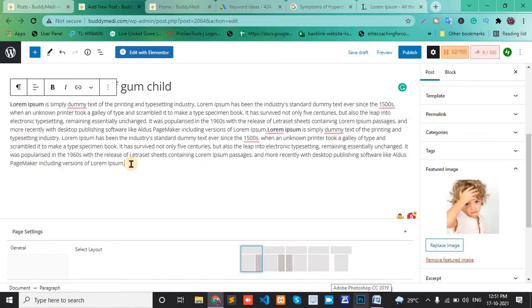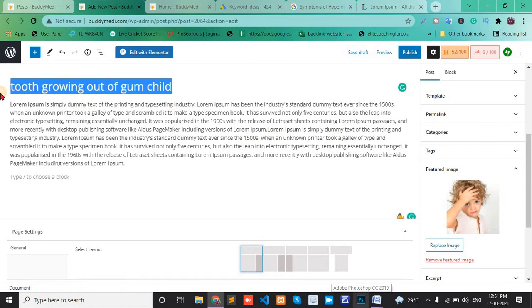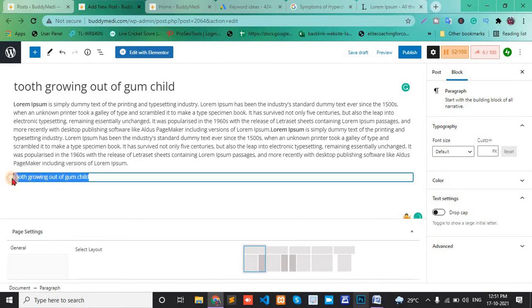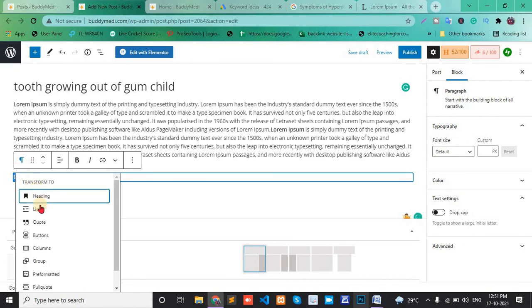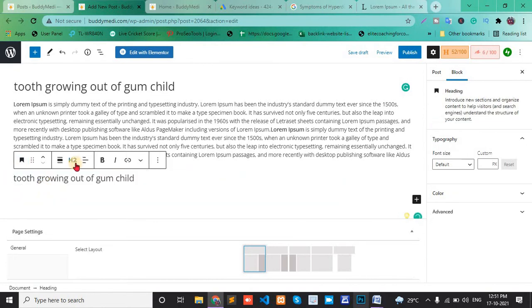Next is H1 tag, sorry, H2 tag. Copy the same title and paste here, and select the heading and H2 tag.